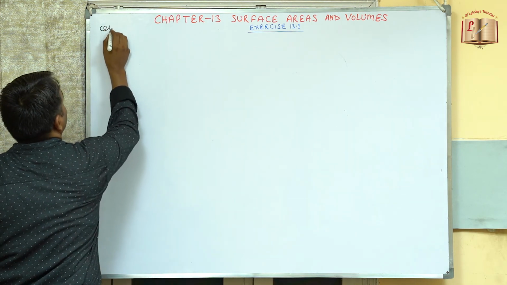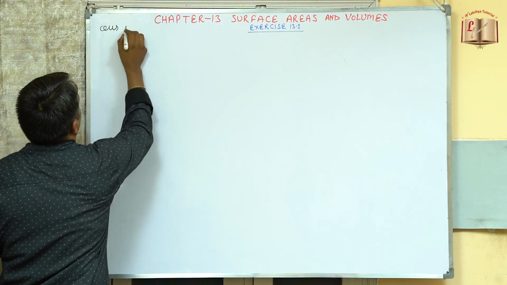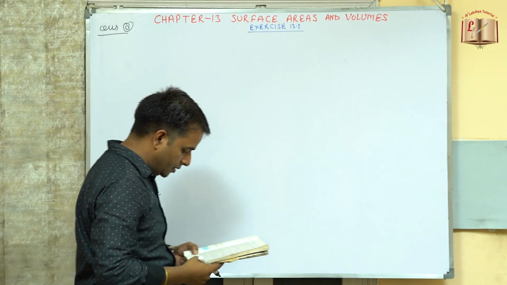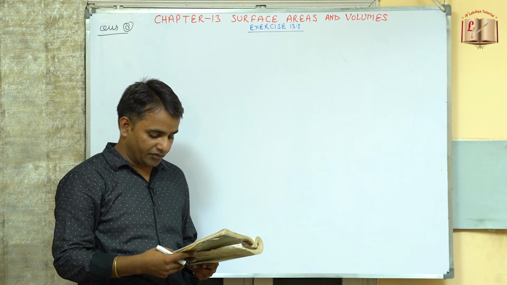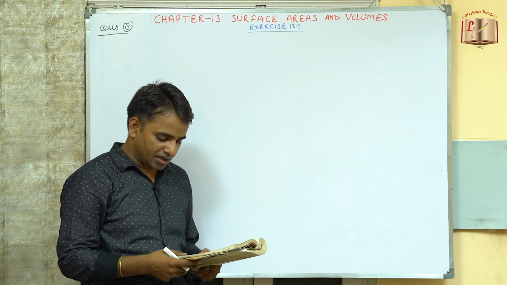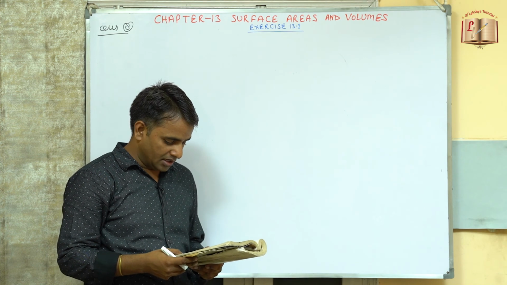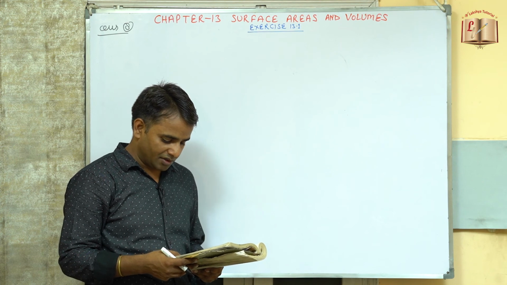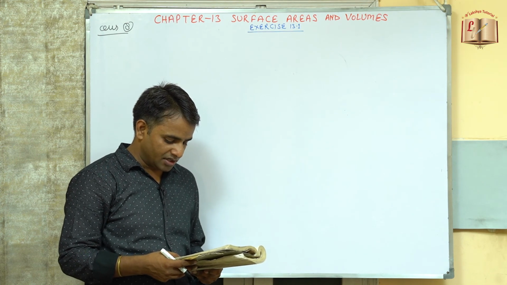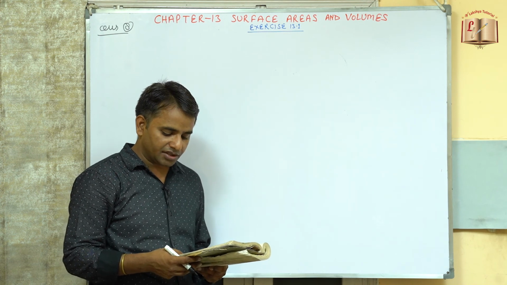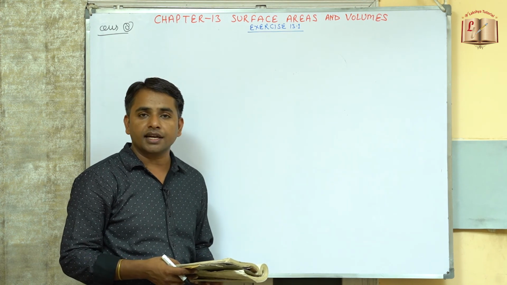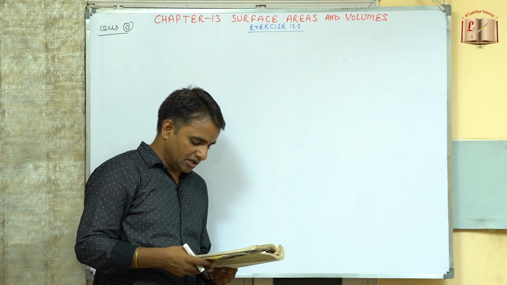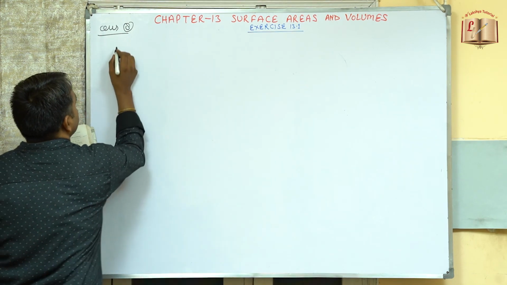So now coming to question number 8. Parveen wanted to make a temporary shelter for her car by making a box-like structure with a tarpaulin that covers all the four sides and the top of the car, with the front face as a flap which can be rolled up. Assuming that the stretching margins are very small and therefore negligible, how much tarpaulin will be required for making the shelter? The height and the base dimensions are given to us.